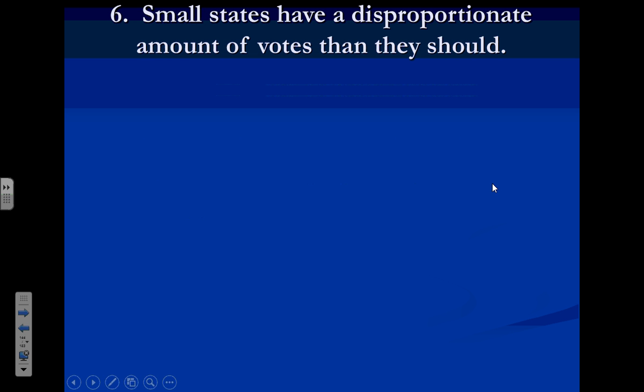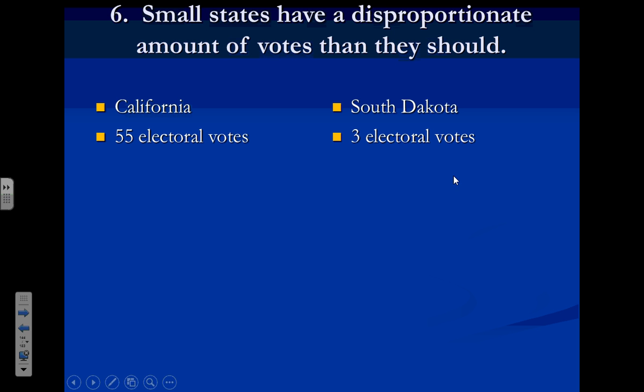Small states like the Electoral College because they disproportionately get more votes than they really should. Now, sometimes people say, well, wait a minute, California gets 55 electoral votes. South Dakota gets 3. How are we getting more than we should? Well, let's look at that. California is 55 to our 3, but California has a population of about 38 million, and South Dakota has a population of about